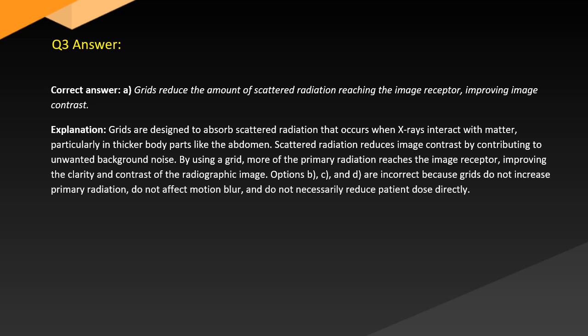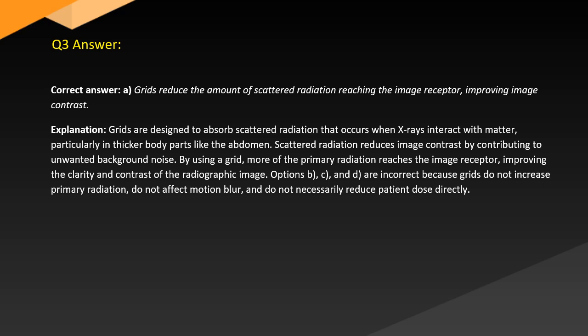Answer. Correct answer: A. Grids reduce the amount of scattered radiation reaching the image receptor, improving image contrast. Explanation. Grids are designed to absorb scattered radiation that occurs when X-rays interact with matter, particularly in thicker body parts like the abdomen. Scattered radiation reduces image contrast by contributing to unwanted background noise. By using a grid, more of the primary radiation reaches the image receptor, improving clarity and contrast of the radiographic